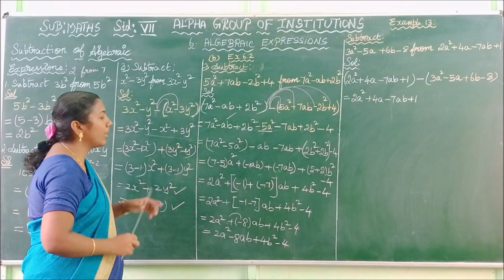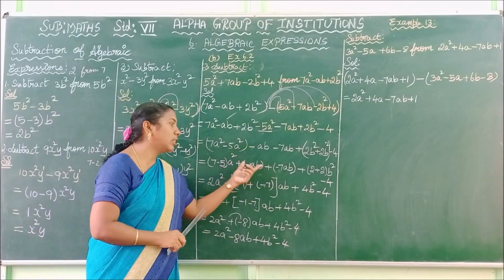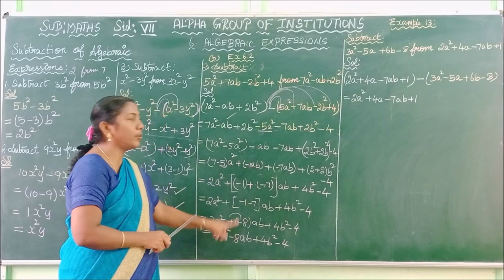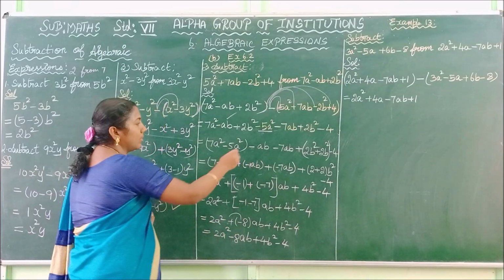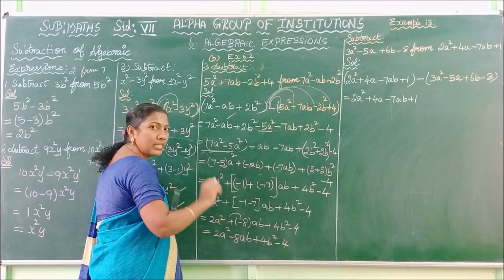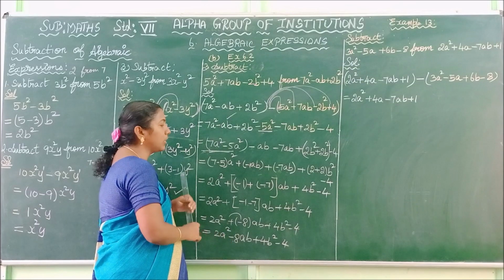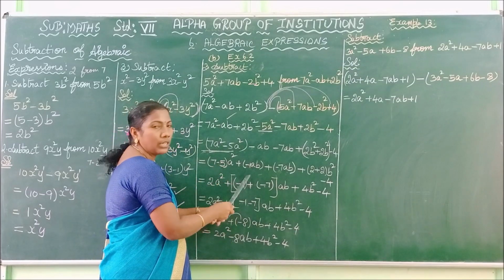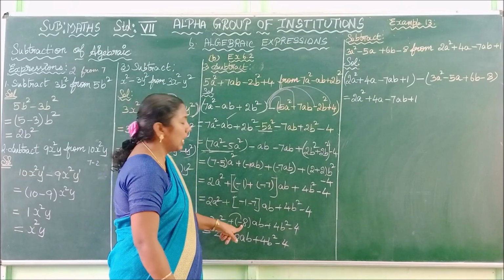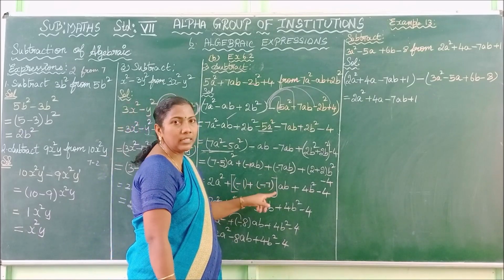Okay. Now I tell you children, if you know this step, without using the step you can easily write the answer minus 8ab after this step. Okay, after this step, you can also write this step. If you understand the answer, if you know the answer, you can easily cut these two steps and write the answer minus 8ab. Okay, if you know the answer. Otherwise, you have to segregate the terms like this.